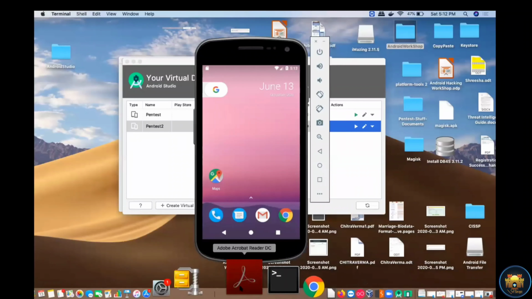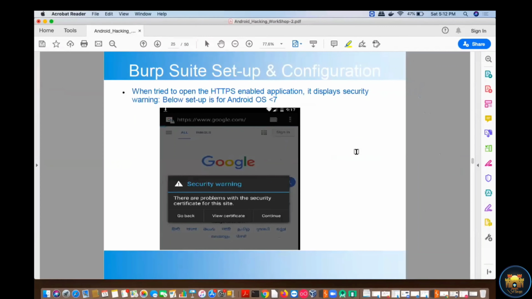Okay, this one. So now coming to the Burp Suite setup configuration. As I selected, the OS level is greater than 7.1, right? So let's first talk about OS level less than 7. How can we install your Burp Suite certificate into your device?